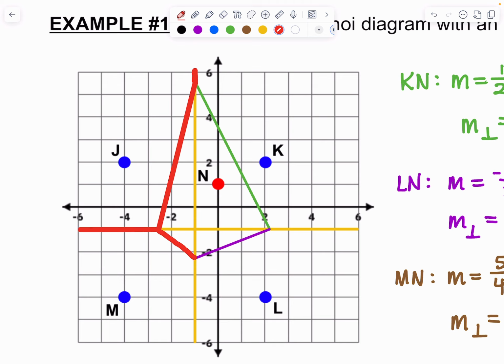Remember the yellow is old. That was the old sections. All right. So that's the new Voronoi diagram. Remember, if you need to, you can go in and erase those bisectors back out. Or as you can see here, I'm just coloring over it